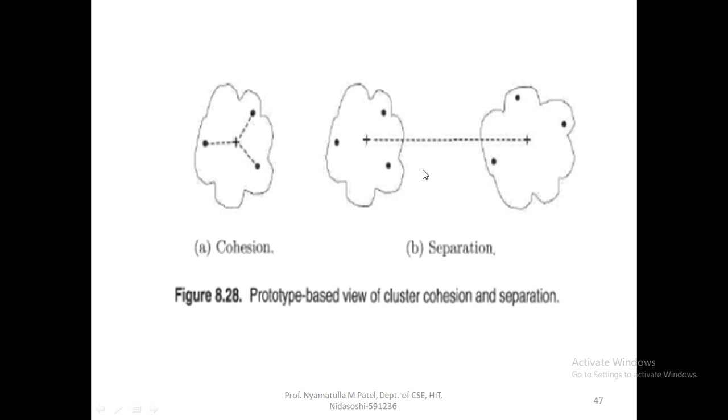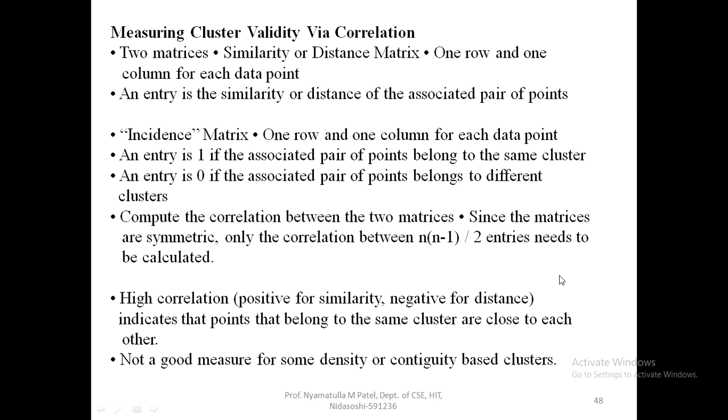So now, separation between the two clusters. Whenever the concept of separation comes, we need to consider 2 clusters. So here we are considering cluster 1 and cluster 2, and we are taking the centroid of the 2 clusters. The centroid of this cluster is this one, and the centroid of this cluster is this one, and the separation between the 2 clusters is with respect to the centroid. With respect to the centroid, how two clusters are separate, or how 2 different clusters are distinct from one another.